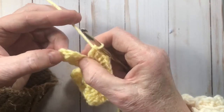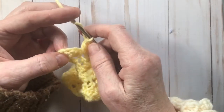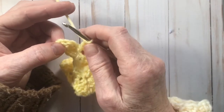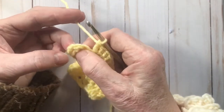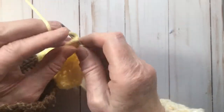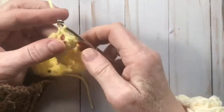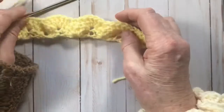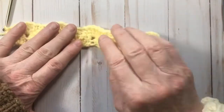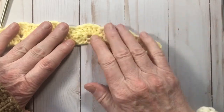I think this is the 3 that we did, and what we're going to do at the very end is single crochet in the top of this chain 3. These are the 3 chains that we left. Remember, we went into the 4th chain, so we're going to single crochet into there, and that is row 2 completed. Okay,